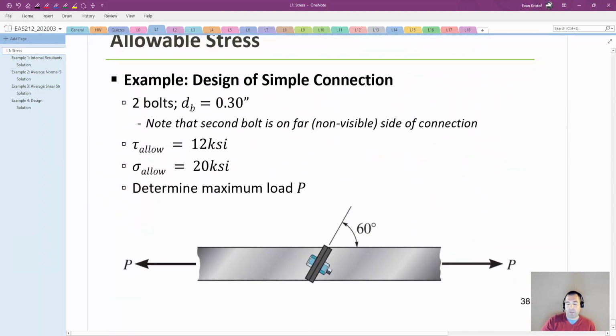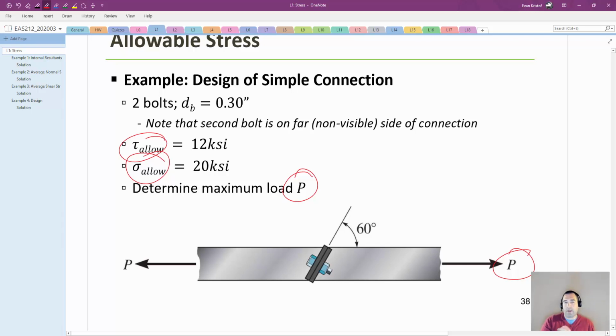And then here's a relatively simple example, actually very similar to the last example, but here instead we're using allowable stresses to back calculate the maximum force P. So here we don't know what the force is. We're trying to calculate the maximum force this connection can withstand. And this gets a little bit trickier. The biggest trick to this, and you can watch the video to really go through it, is